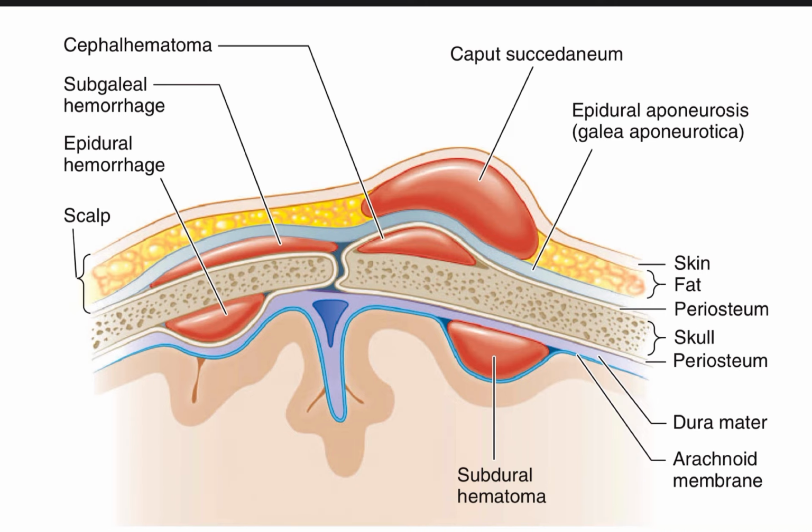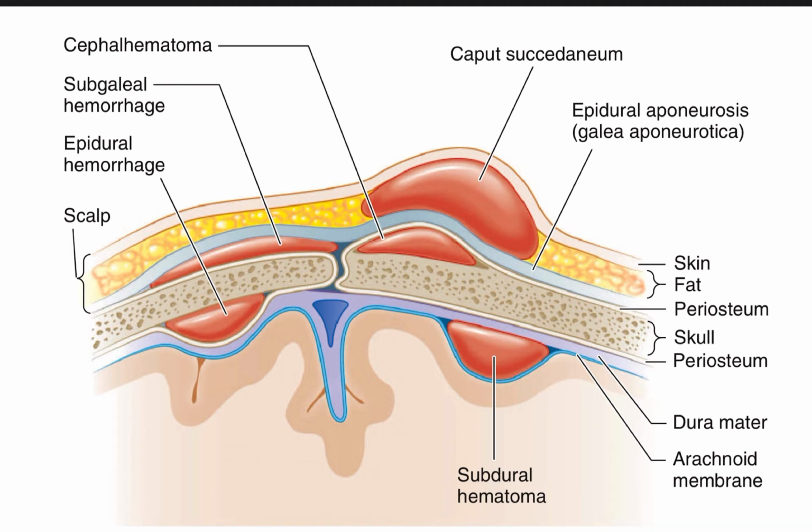And what is your subgaleal hemorrhage? You have the galea aponeurotica, right? So beneath the aponeurosis, above the periosteum, you have this area, a collection of fluid called subgaleal hemorrhage. Why are we most worried about this? Among the hemorrhages that are extracranial, subgaleal hemorrhage is something that we worry most about.